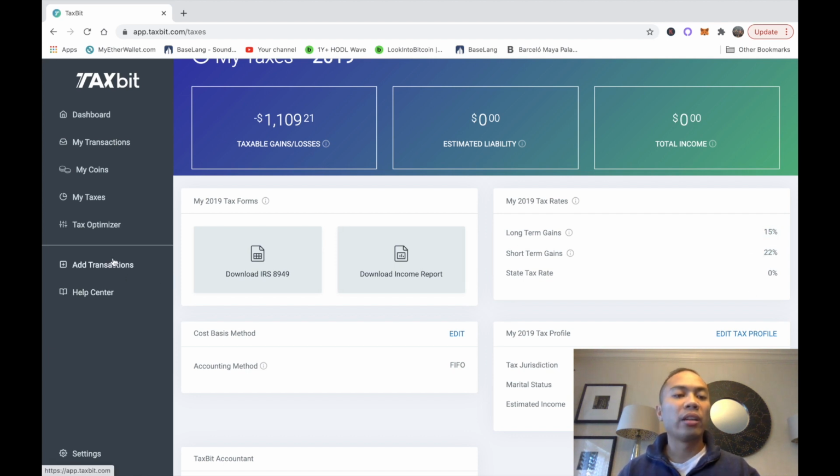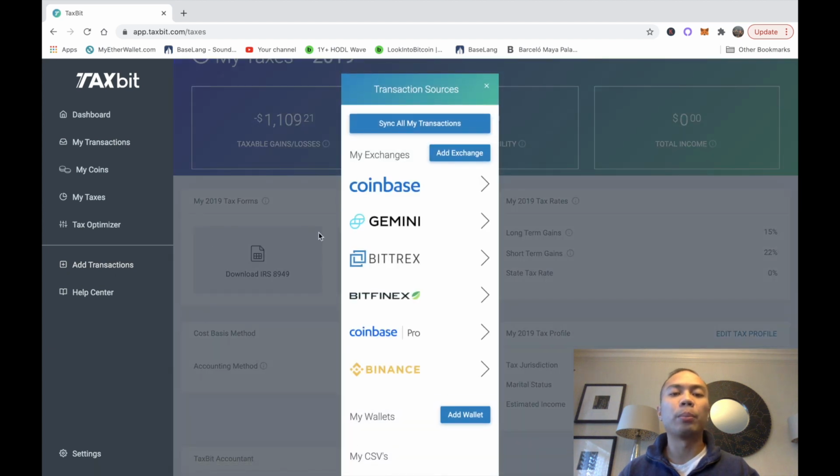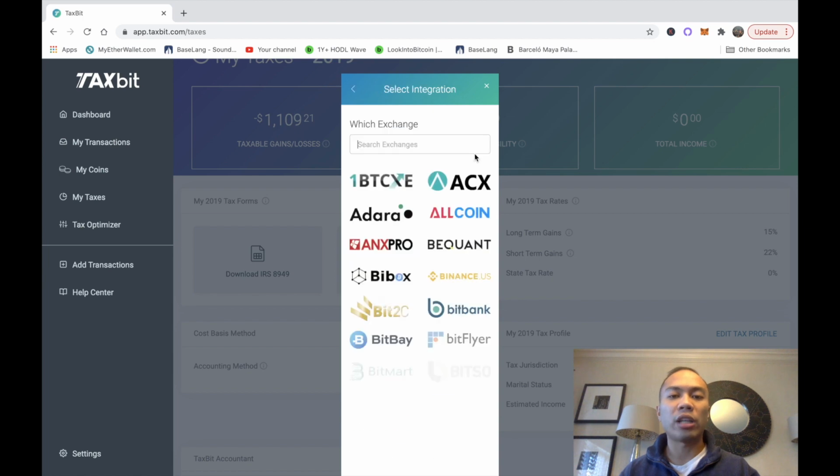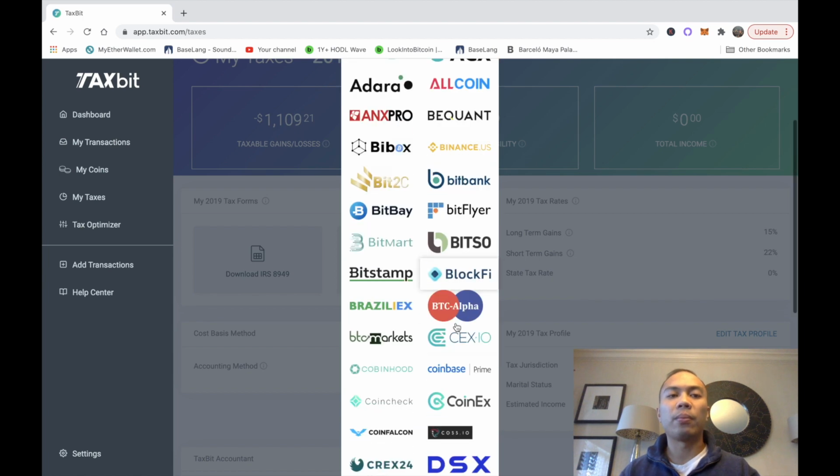All right, guys. So the next screen is probably the most important screen. Whenever you file your taxes every year, guys, you have to think of every exchange you've ever bought cryptocurrency from. As you guys see, since 2017, I've used all of these exchanges. I've used Coinbase, Gemini, Bittrex, Bitfinex way back in the day. I don't use that anymore. Coinbase, Coinbase Pro, Binance. So whatever exchange you use, guys, you basically click on Add Exchange, and then TaxBit has